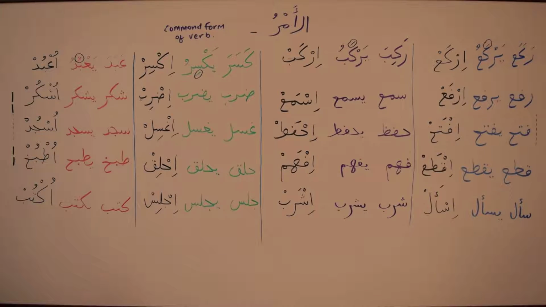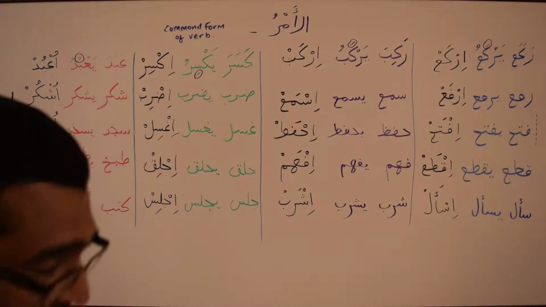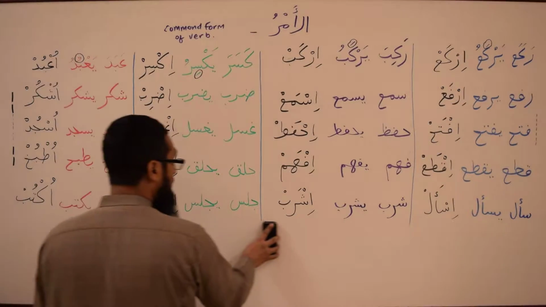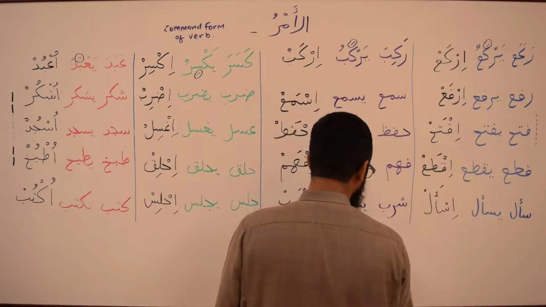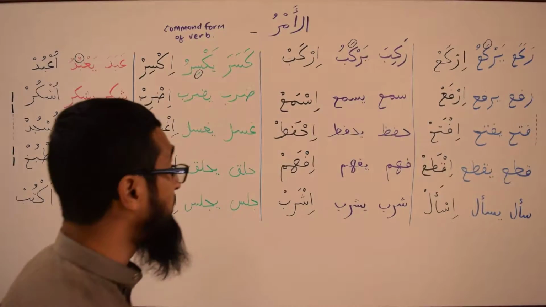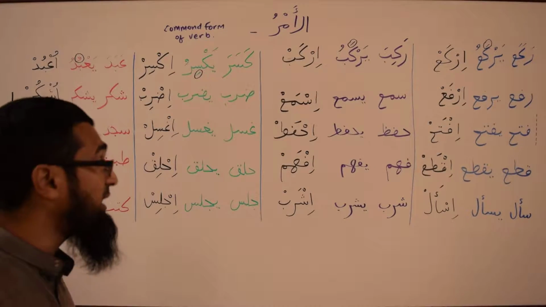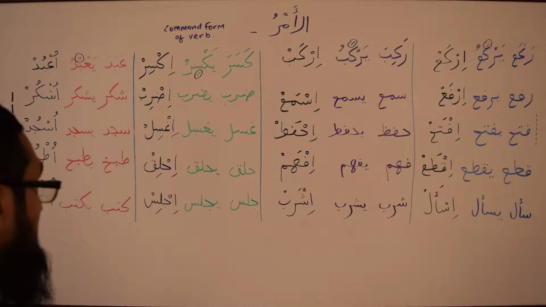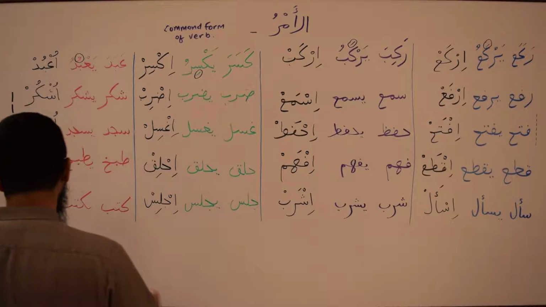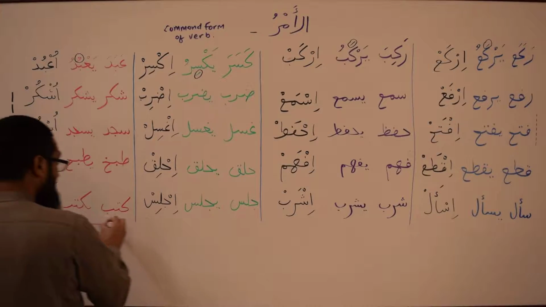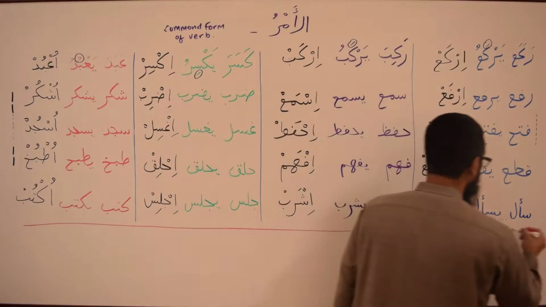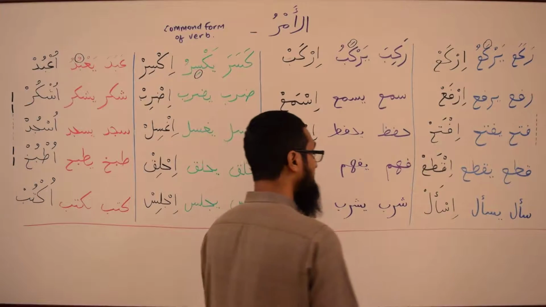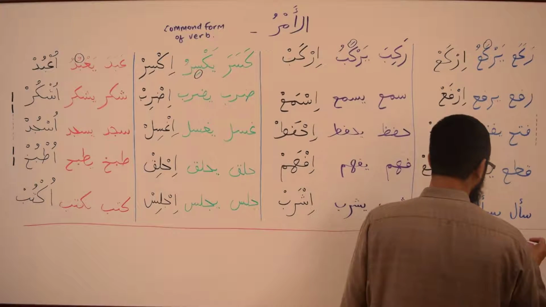Now, something else we have to add to this list. So those are 4 formats basically. We can call it 3 if you want, because the first one and the second one, they're identically the same. There are some verbs that are called mahmuz. A verb that is mahmuz starts off with a hamza, such as akhadha,